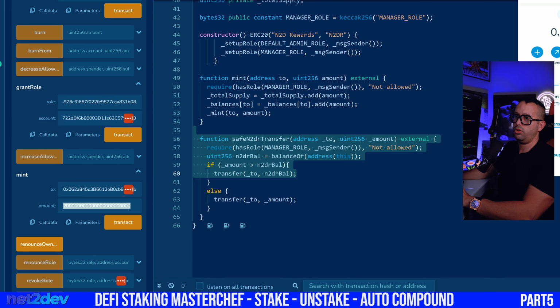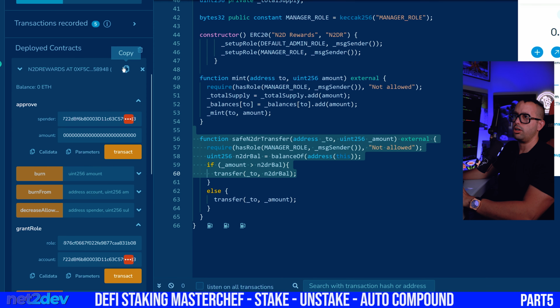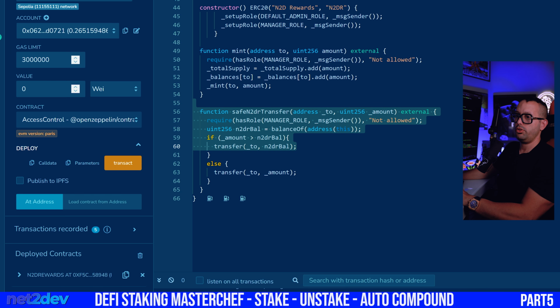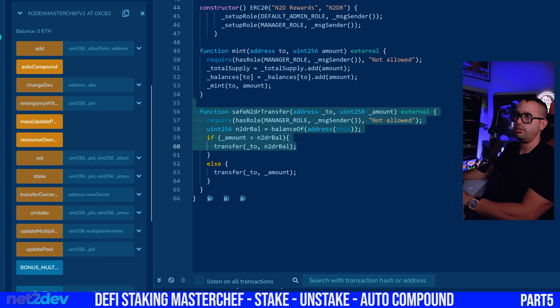Okay, so I'm going to copy the token smart contract address, and I'm going to add that here. Boom. There we go. We got the 200,000. Awesome. Now I can stake. Okay, awesome. Let's stake. So what I want to do, I am going to head to the Masterchef Smart Contract,